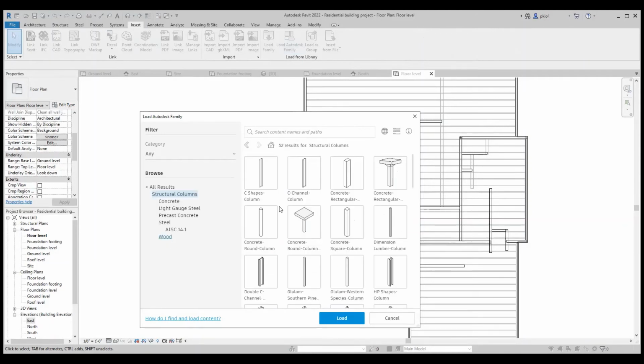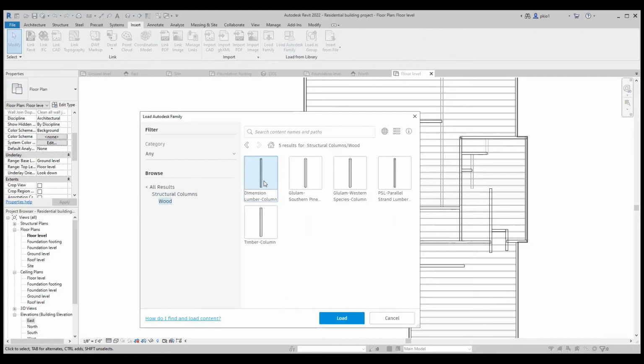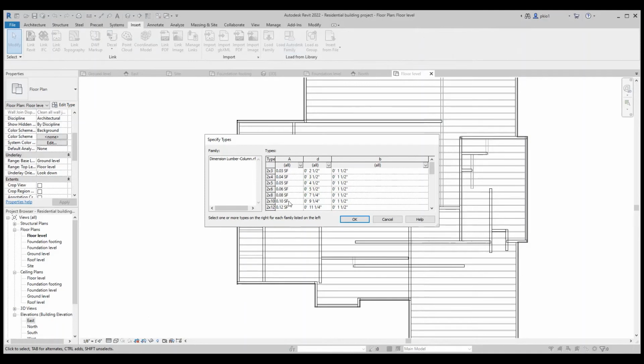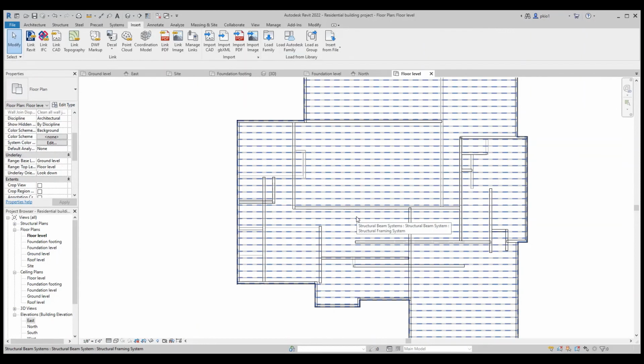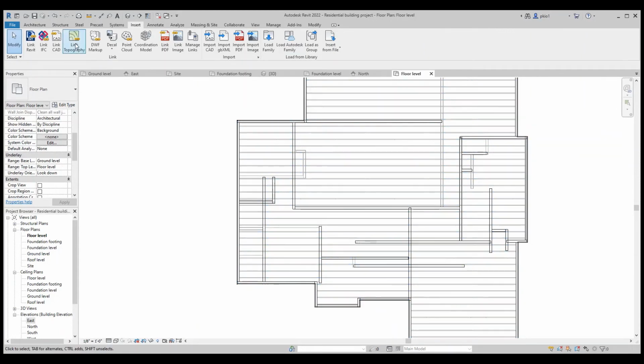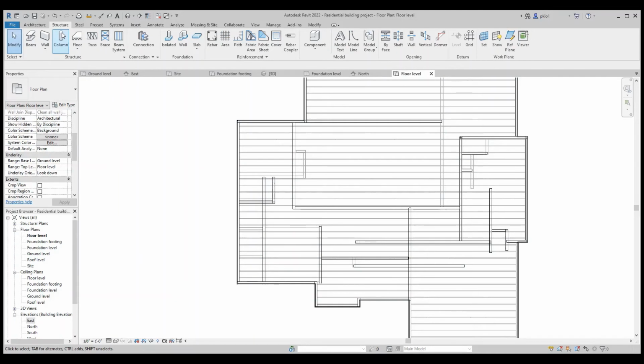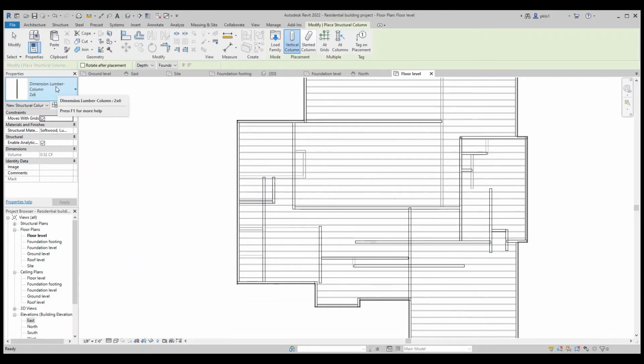and wood, dimension lumber, load. I will select 2x6. Say okay. I'll go to structure and select columns. Now we see this 2x6 here. While here we change the depth to height, and we check that the level terminates at the roof level, and